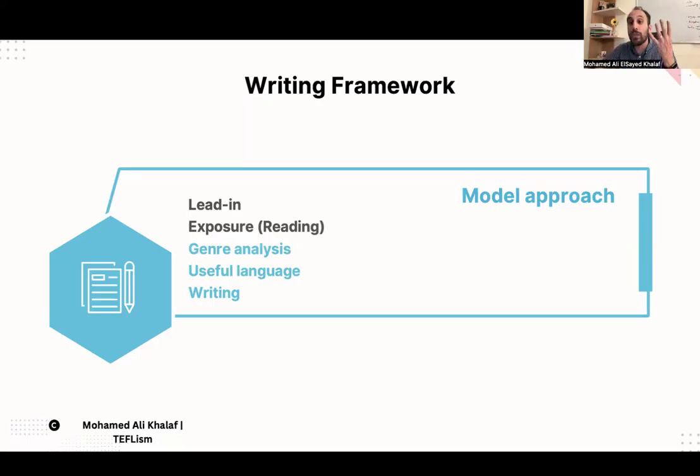These are the components of this genre, this type of writing: the name of the occasion, the place, the time, and any extra information like food, if you're allowed to bring food, the dress code, if you're bringing your children or not, and so on. So the genre is how it's organized and what the components of this piece of writing are. The useful language.